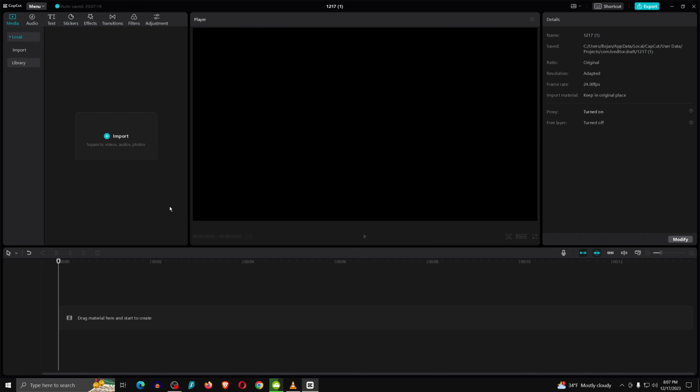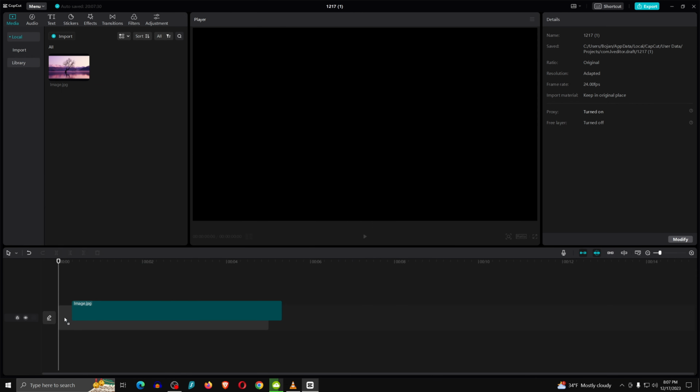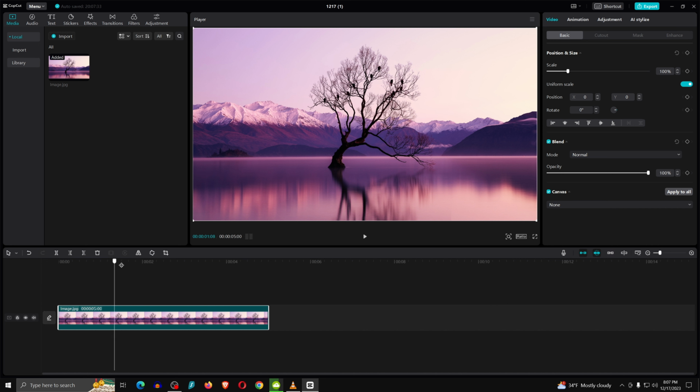In today's video, I will show you step by step how to zoom in CapCut PC. The first thing you need to do is import your video and drag it onto the timeline. I will import an image to better showcase the final result, but the process is the same for both video